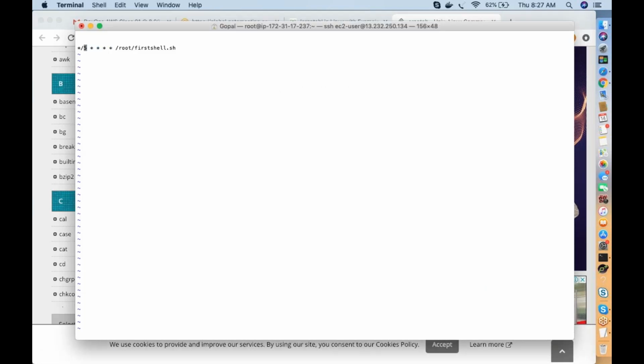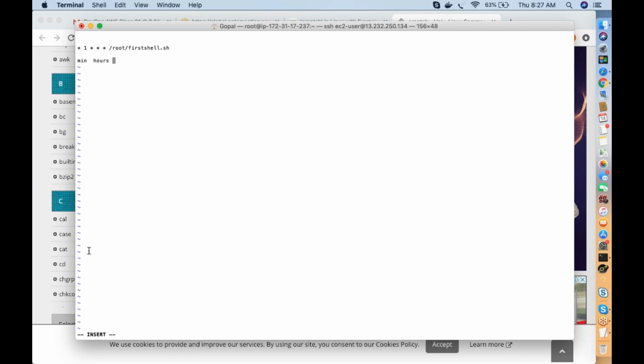The first one defines the minutes, like every 5 minutes I said, right? The second one defines the hours. If you want to execute a job every 1 hour, you can simply write star slash 1. For every 1 hour you want to execute a job, you can put it like this.